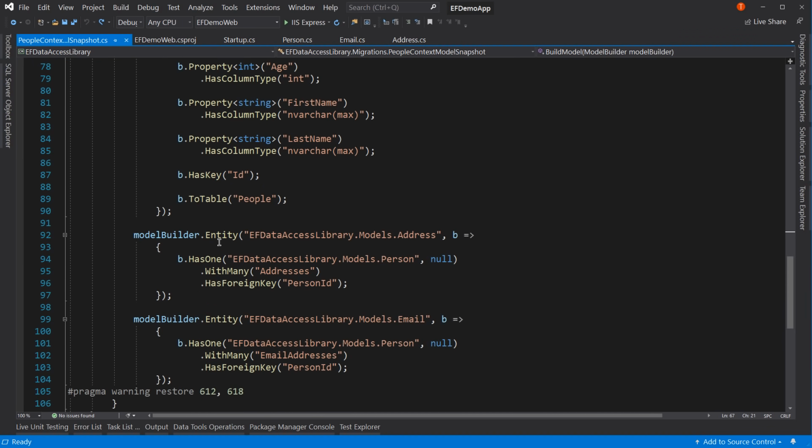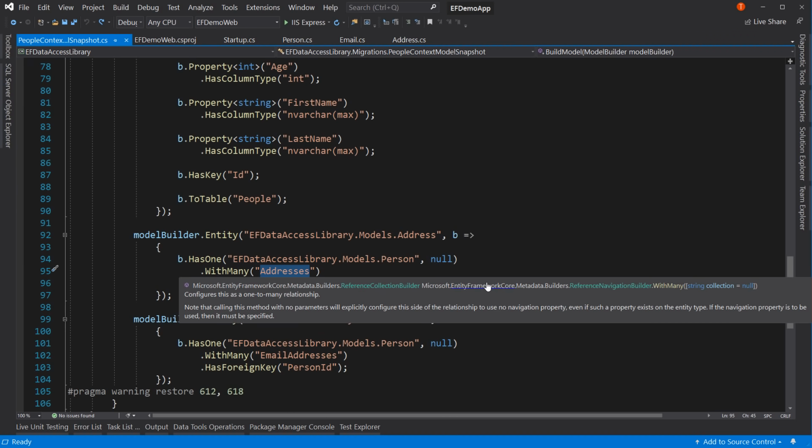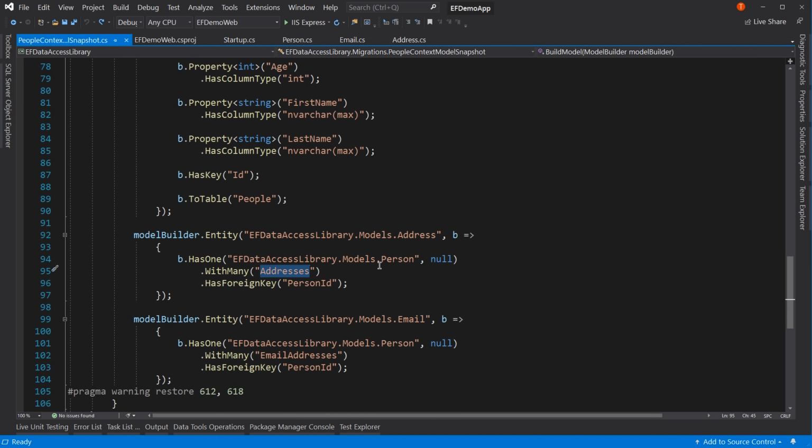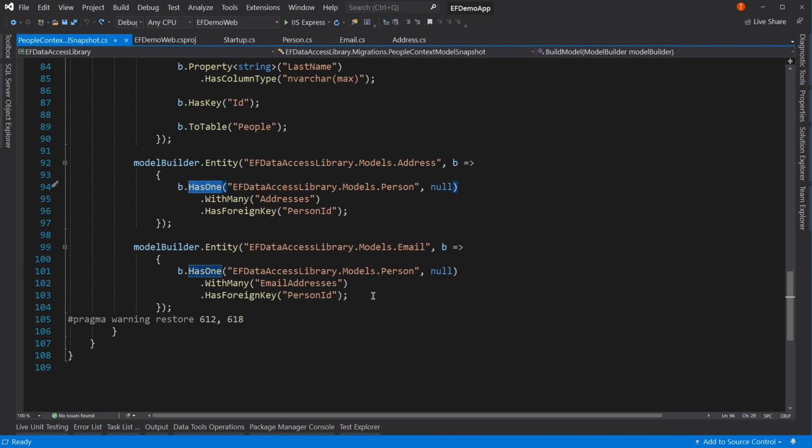And then down here we have our linking. So it has one in the person and has many in the addresses. It's the one-to-many relationship here, which is good. That's ideal. So you have one person can have multiple addresses, but each address is only linked to one person. Okay, that's a one-to-many relationship. All right, same with email addresses. Okay, so we've found some issues in our code, but